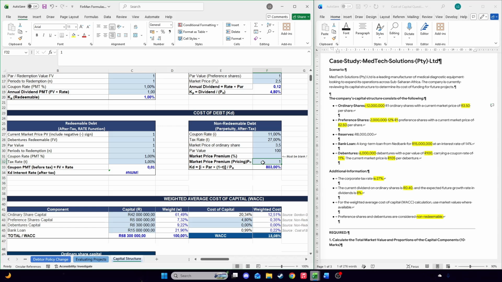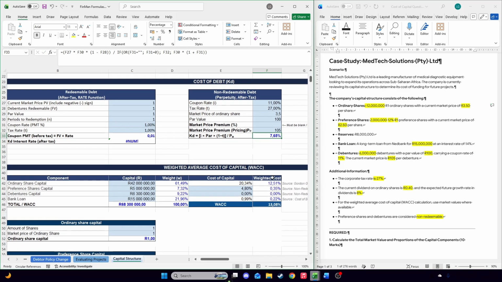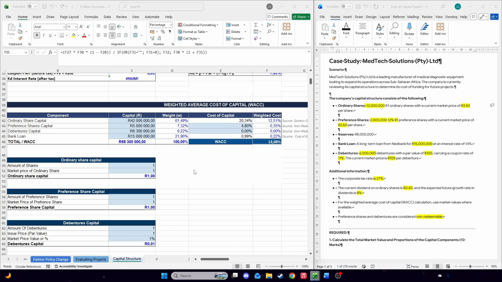We also know the market price, which we can find over here: the current market price is 105. And that gives us a percentage of 7.65,